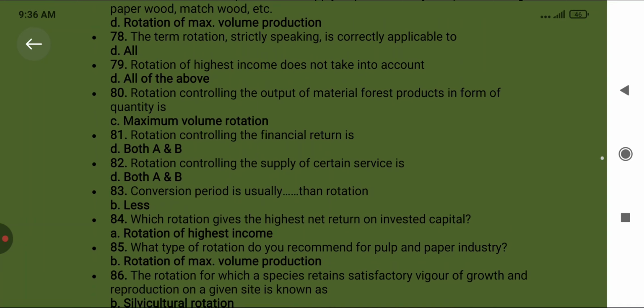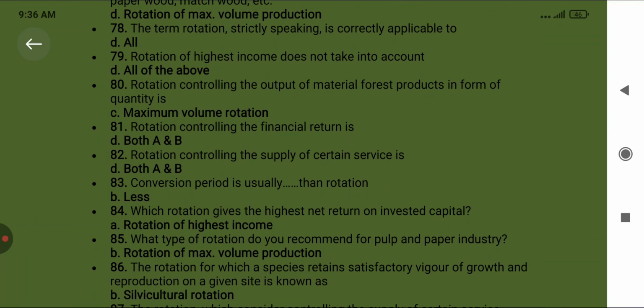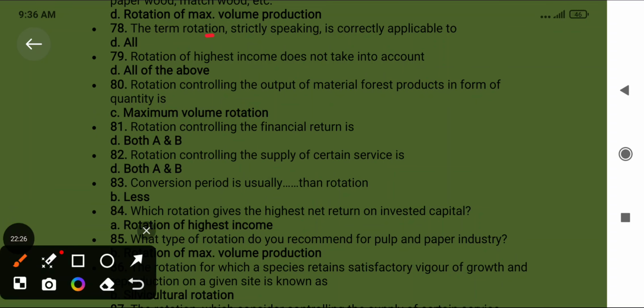Rotation, if we say maximum volume production, that is it. The term rotation, strictly speaking, is correctly applied to... Rotation controlling the output of material forest product in form of quality is maximum volume production. Rotation controlling the financial rotation is